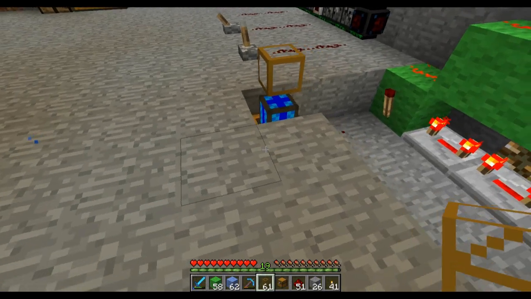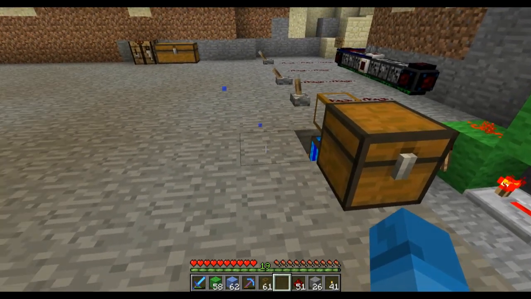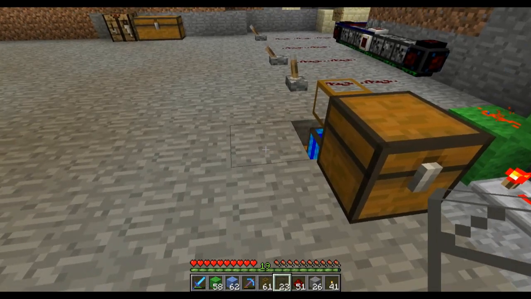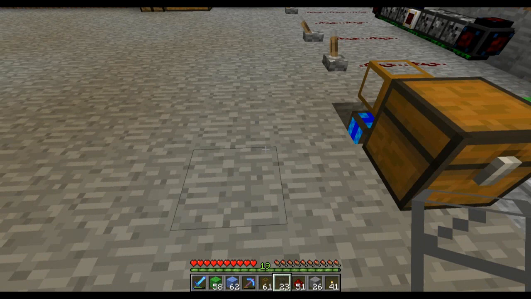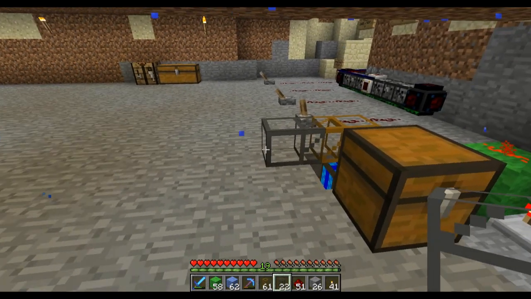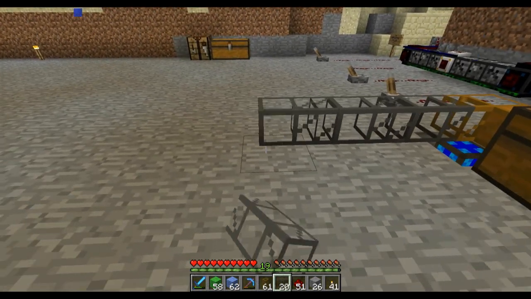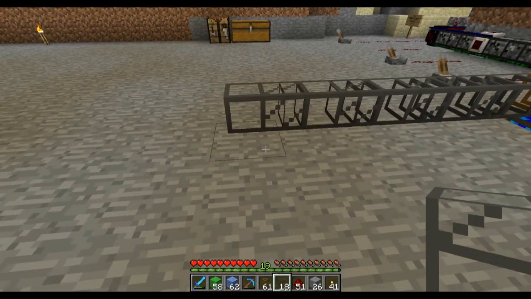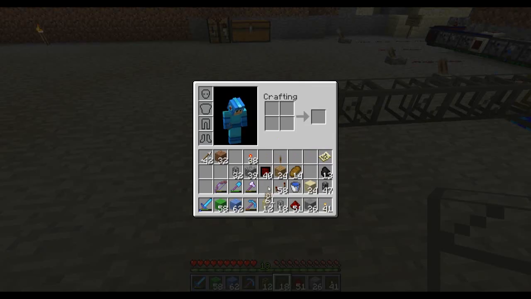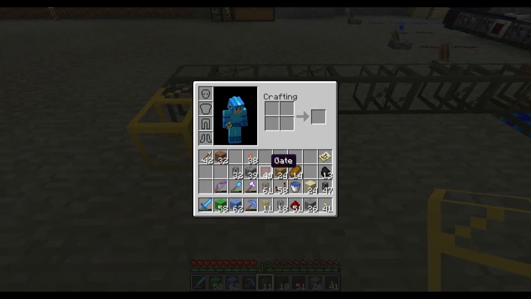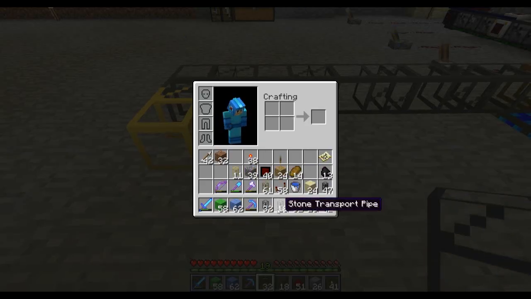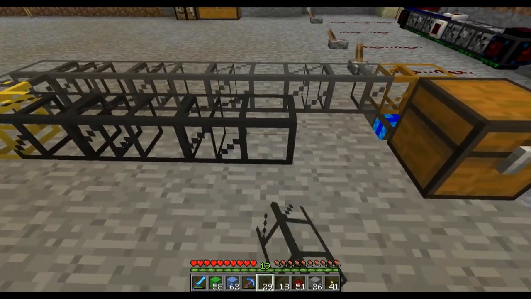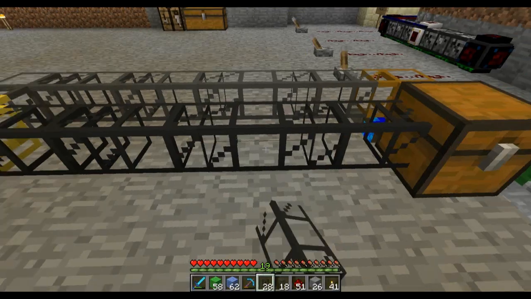So I want it to be about 45 seconds, which means a few segments of pipe. We can count them out. Yeah, let's go. So that would be 5 seconds. At the end of this would be 10. At the end of this would be 15, 20, 25, 30. I think we're going to do a turn here. 35, 40, 45 at the end of this. So that means I'll put a gate on this piece of pipe.